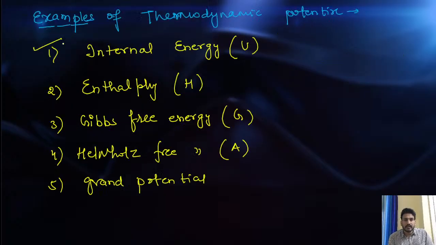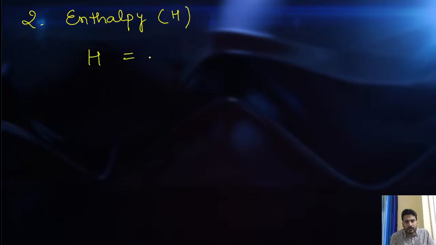So this is done. Now second will be enthalpy. It is denoted by H. What is H? H is equal to U plus PV. Is it clear? If I write this equation in the differential form, in the change form, then I can say delta H is equal to,